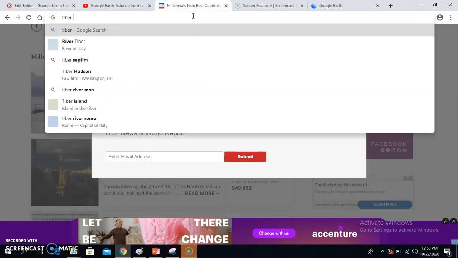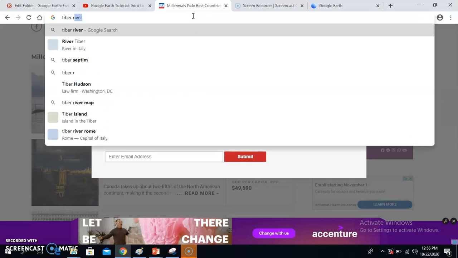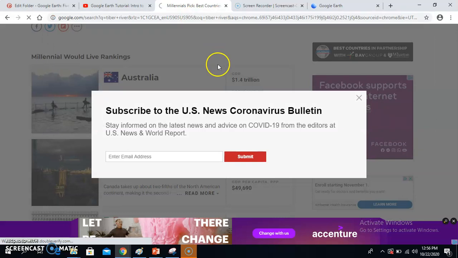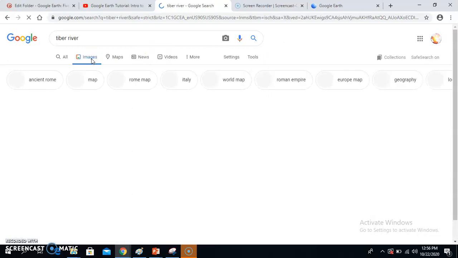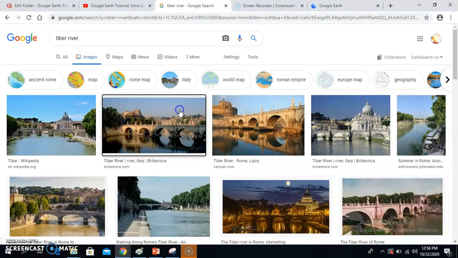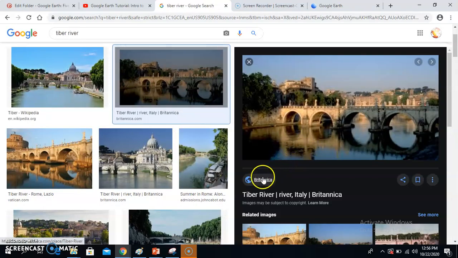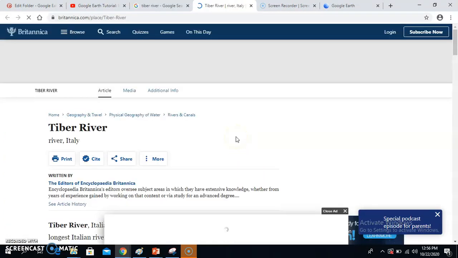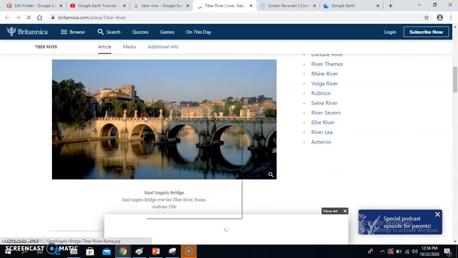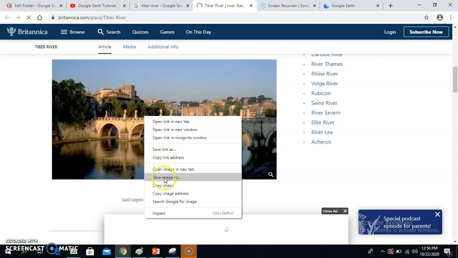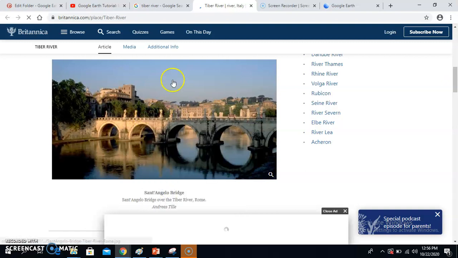Tiber River. I don't know. I'm just making this up as I go, okay? So I would just go to the images, make sure I've got a good image of it. This is in Britannica, so I go there and make sure that I have the right image that I want, not just the website. I'm going to click on it, and then I'm going to copy the image address, and